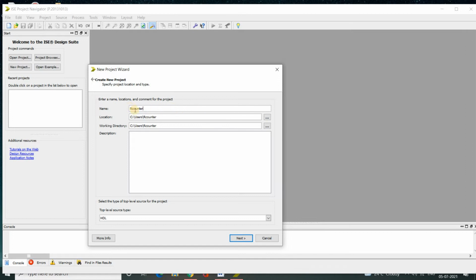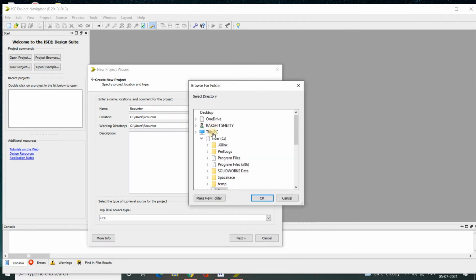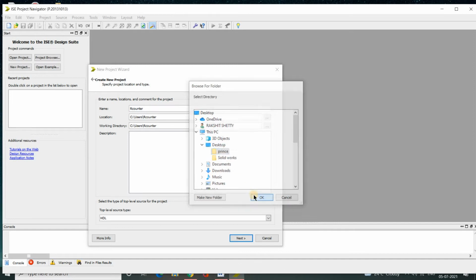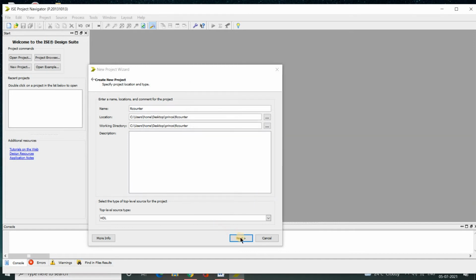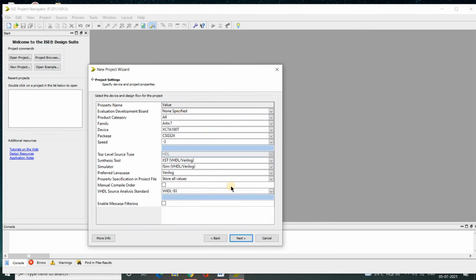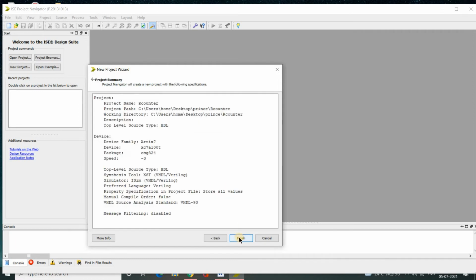Don't use any hashtag or any special character over here. We can't even put a space over here, as this will form an error. Let's select our destination over here. Don't change anything else over here. Go to next, finish,